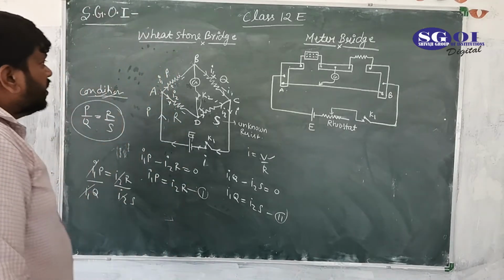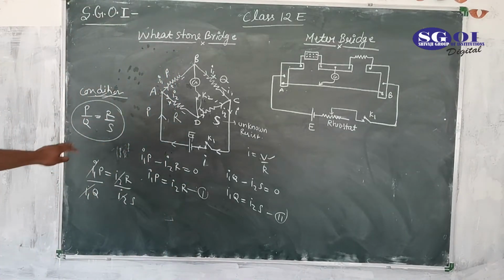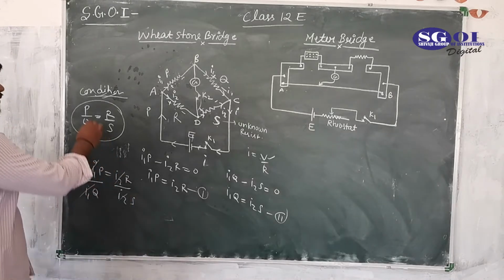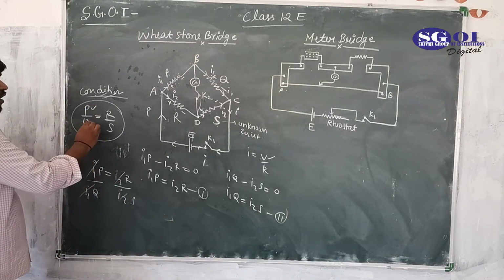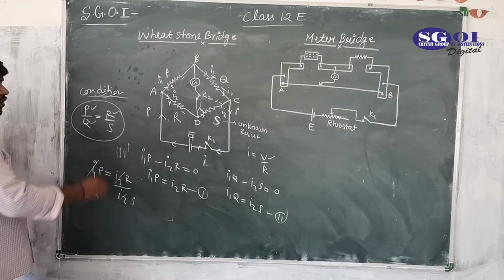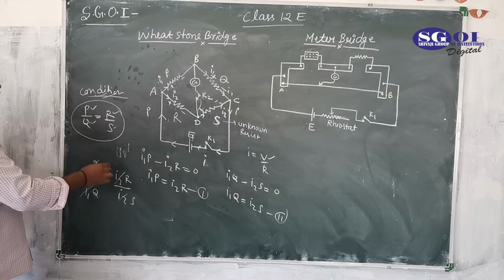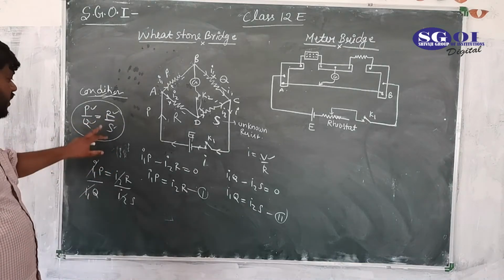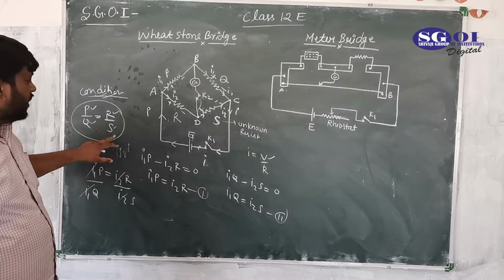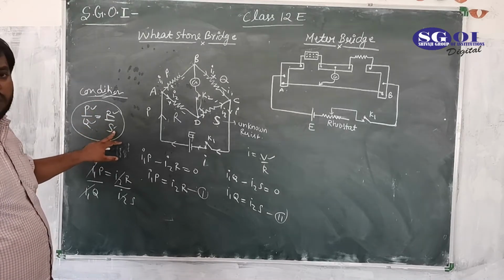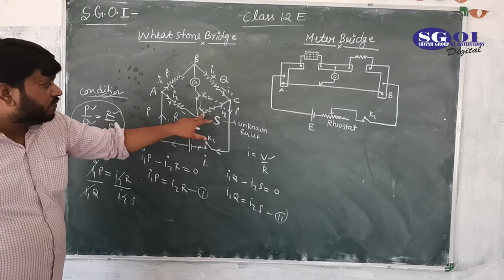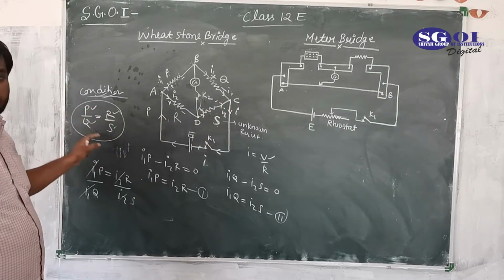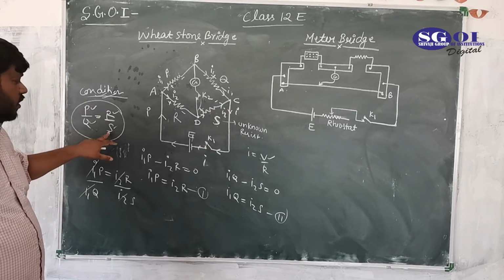So this is the Wheatstone bridge, and this is the condition for balancing of the bridge. From here we know that this is a known value, this is also known, and these all are known values; this is the unknown value. One equation, one unknown. We can find the unknown resistance of this conducting wire by this formula: P upon Q equal to R upon S.